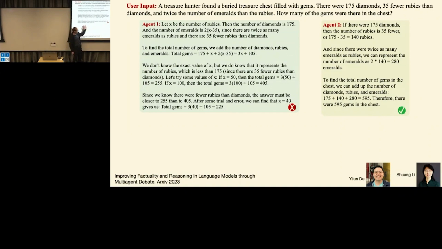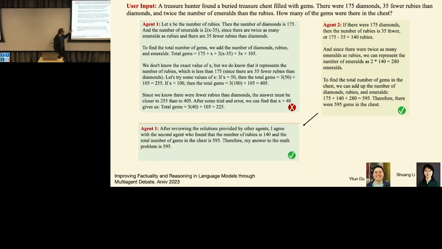You don't know which one is right. So you tell the first agent, wait, there is a different version of you that says something different. And you just copy paste the answer. And you ask, what do you think now? And it says, well, after reviewing the answer, yes, I agree with the other agent's answer. So the real response is 595, which is right.